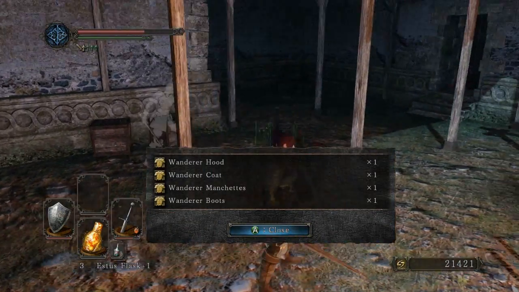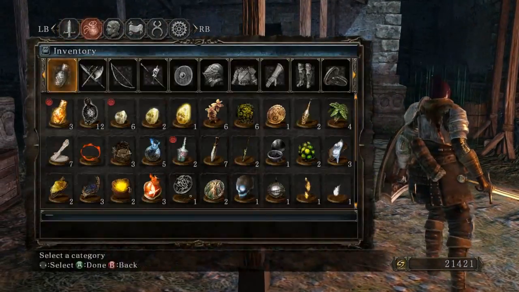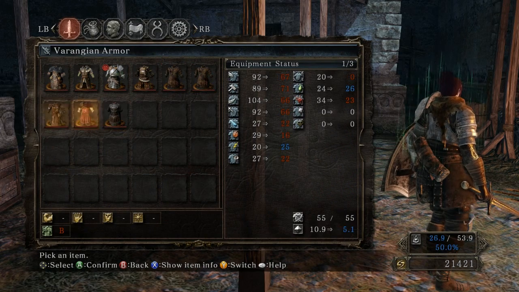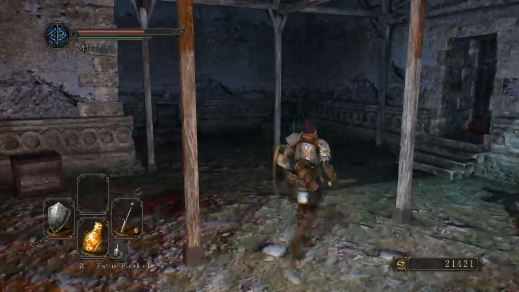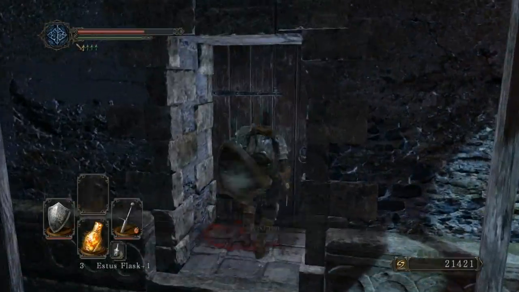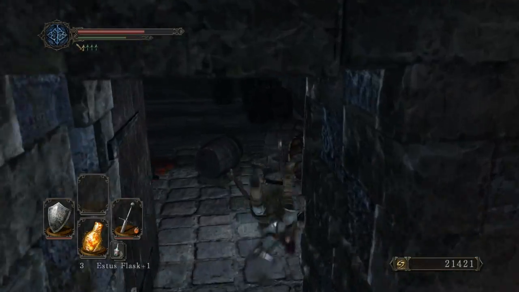And they dropped the Wanderer's set, which I think you remember rightly is also another set from the old game. Wanderer's set, where is it? Where are you? There it is. Yes, it is. It's another set from the old game. Now you can go this way or you can go up the stairs. I'm going to go this way first and just clear out some of these...